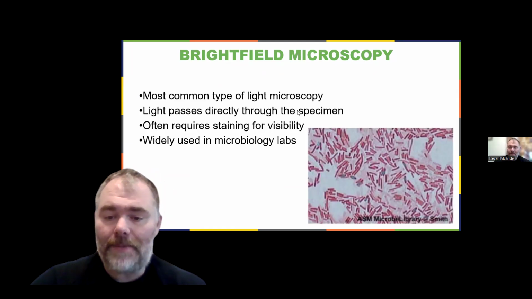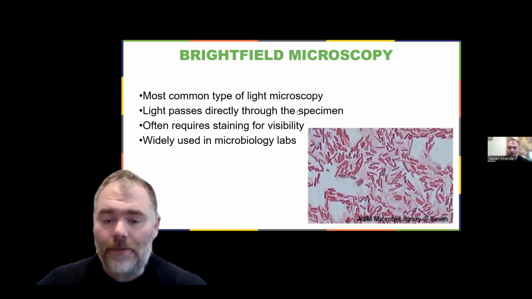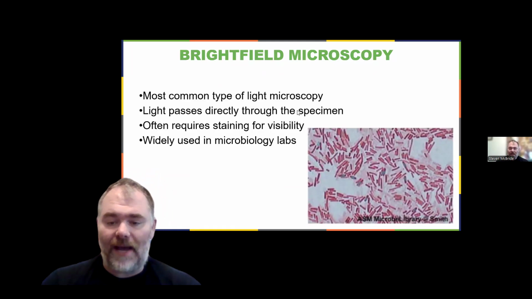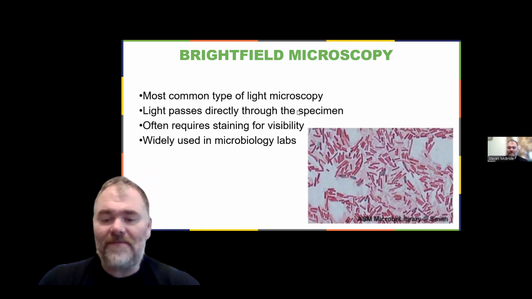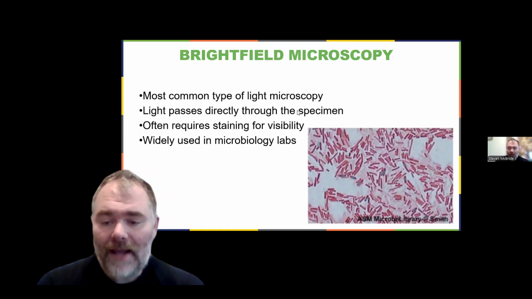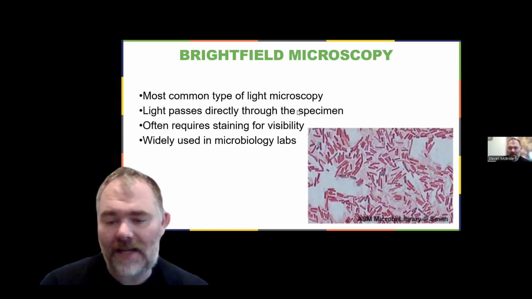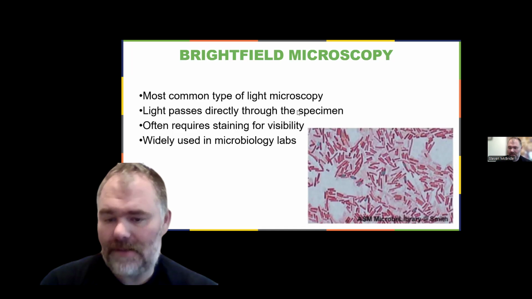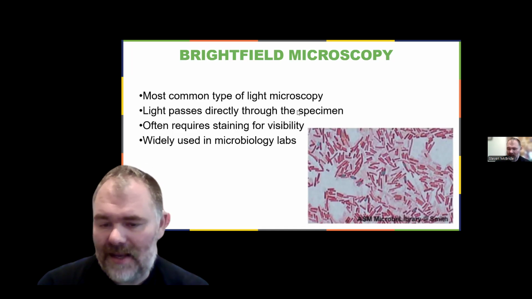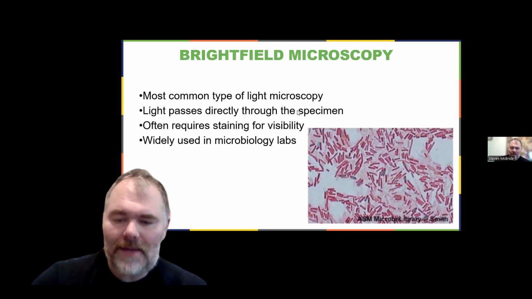Bright field microscopy is the most common type of light microscopy and is usually the first microscope technique students encounter in biology labs. In bright field microscopy, visible light passes directly through the specimen and into the objective lens to create an image. One challenge with this method is that many microorganisms are nearly transparent, making them difficult to see